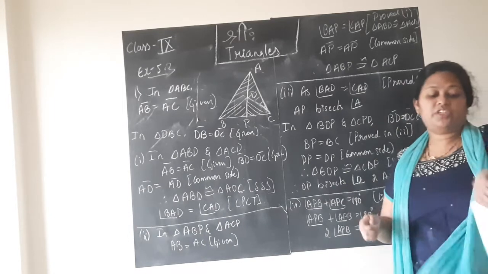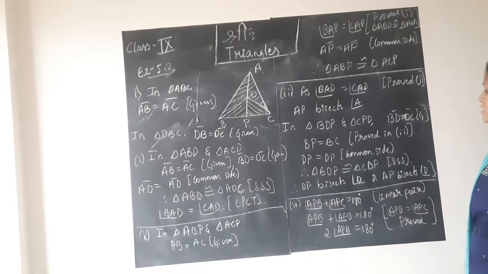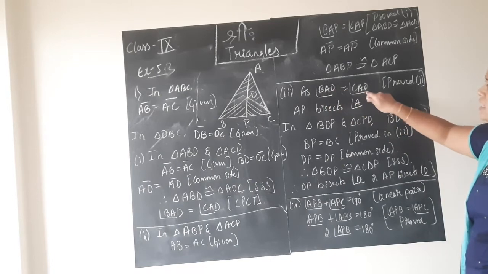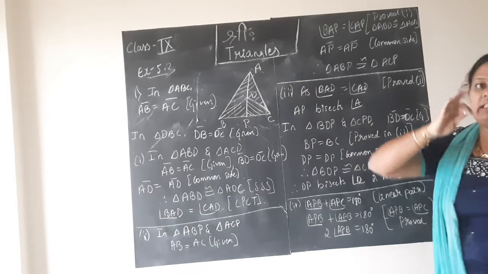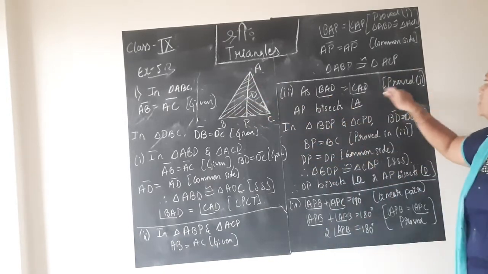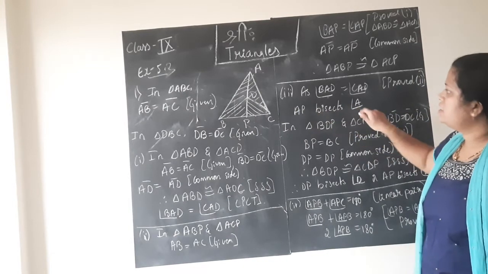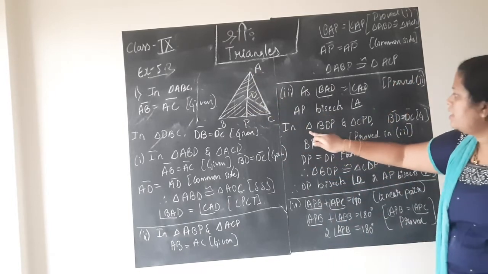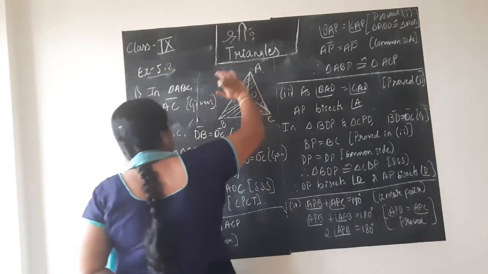In the third sub question, they have asked us to prove AP bisects angle A as well as angle D. So angle BAD is equal to CAD. Why, children? This AP is acting as a bisector for angle A. So we can say this angle is equal: BAD equals CAD. Already proved in one, I have written. You also write proved in one. AP bisects angle A. So AP is bisecting angle A. Now in triangle BPD and triangle CPD, which two triangles means